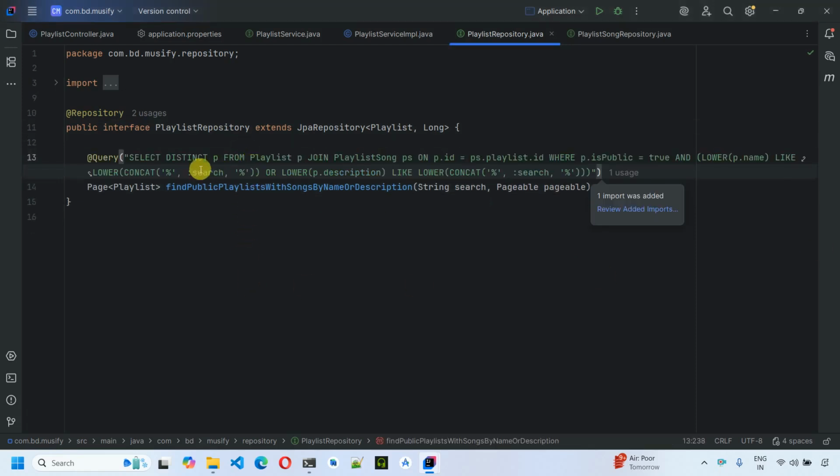So over here you can see select distinct P, that is nothing but the playlist as P, this is the alias. We are going to join on the playlist song, that is another table, and we are keeping the alias as PS, that is playlist song. On the P.id means that playlist dot the primary key, and in the playlist song dot playlist ID, the mapping